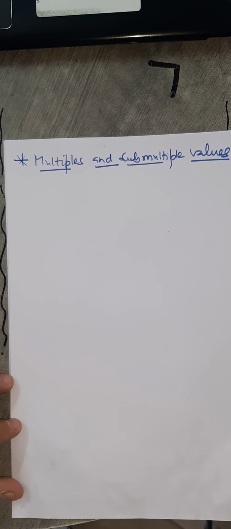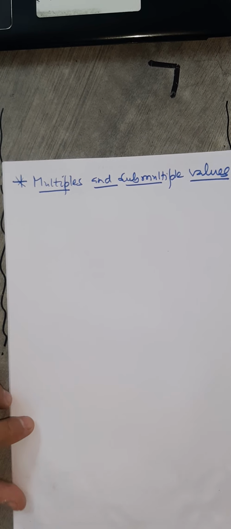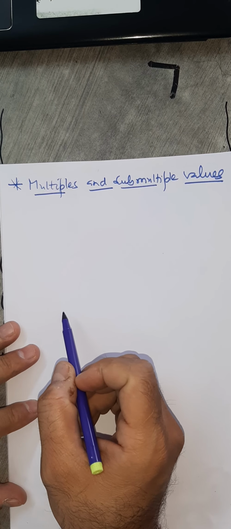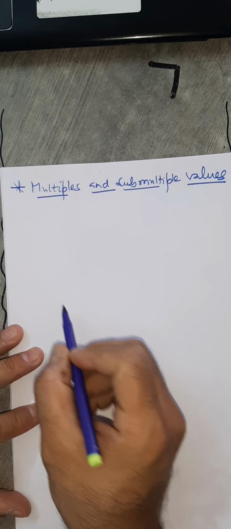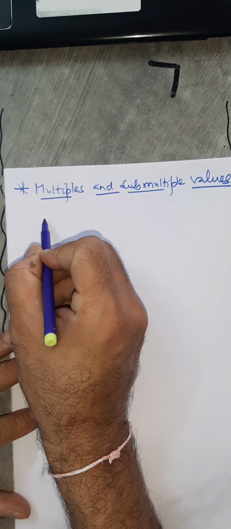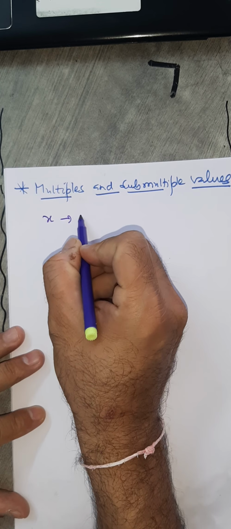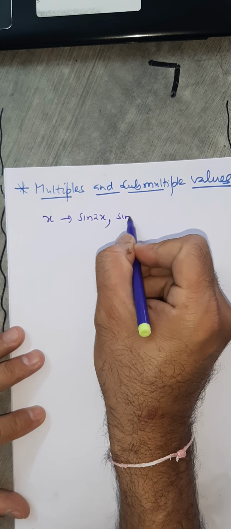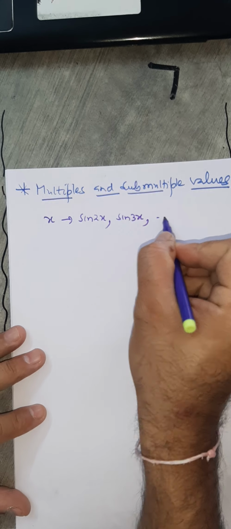Now the next point is about multiples and submultiple values of trigonometric functions. So we will do it like this. If you are given x, then we can find sine 2x, sine 3x, and so on. These are called